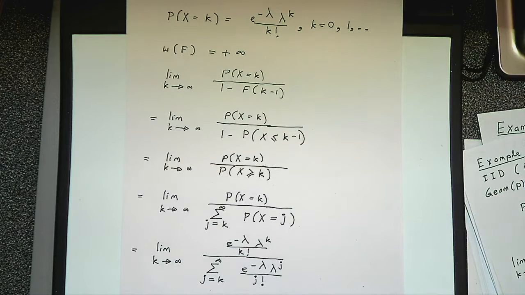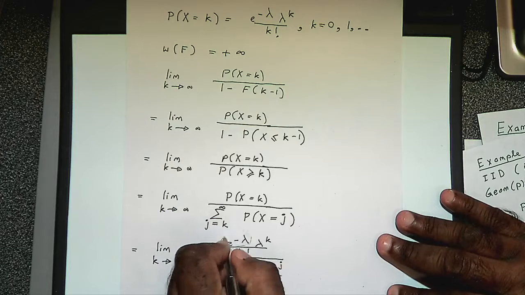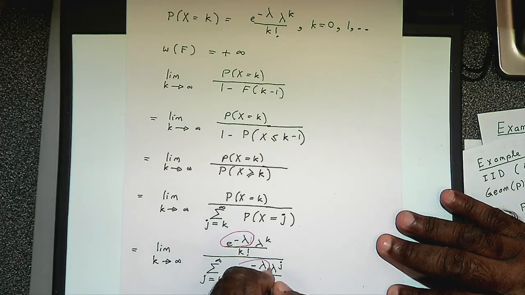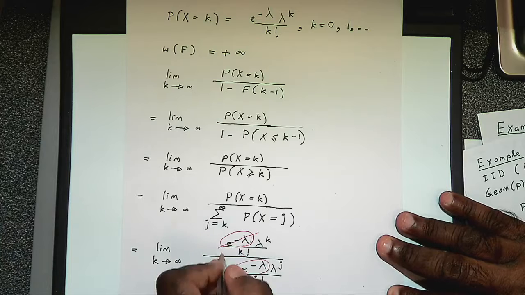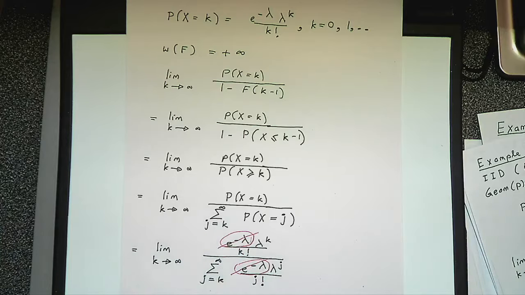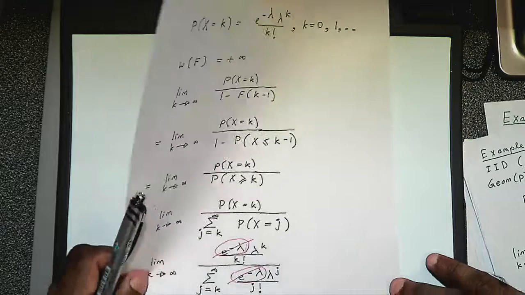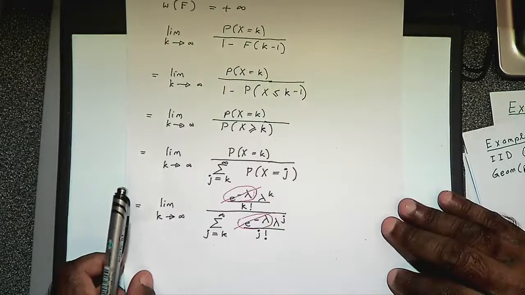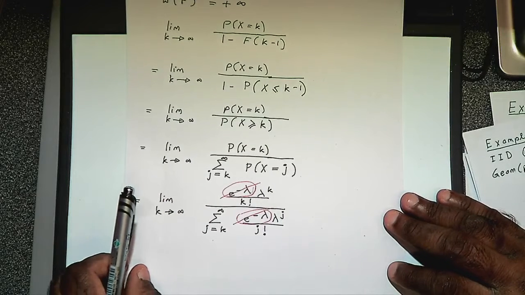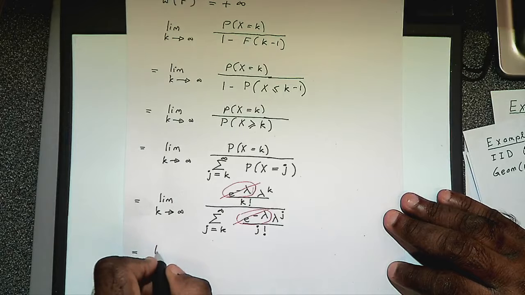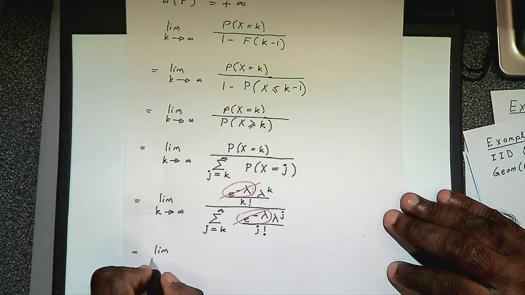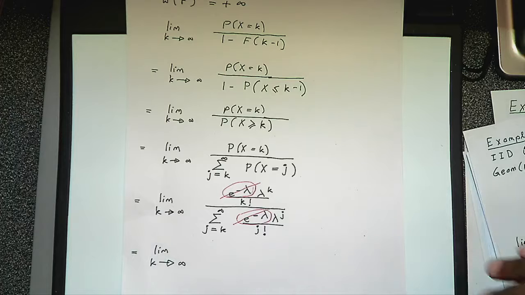Okay. Now you see that this one and this one, these are constants, yeah? So you can cancel them out, right? Are you seeing this or not? So these are constants, so you can cancel them out. And so this will become the limit at k goes to infinity of